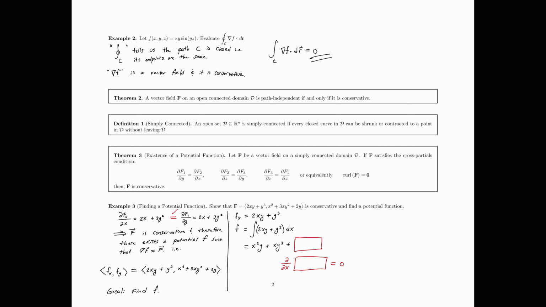So sure, we could put plus c in the box. That would work. But it would also be okay if we had the natural log of y. Sure, y is not a constant, but with respect to x, it is a constant